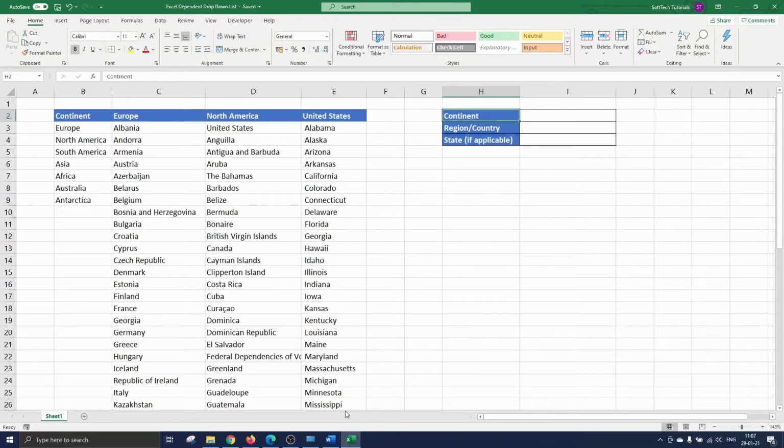On this sheet, you see the 7 continents, all European countries, all regions part of North America, and all states of the US. Next to this, we ask a respondent to indicate his residency. First, he should indicate on which continent, then the country or region he lives in, and finally the state if applicable. The idea is to name the different ranges and refer to the ranges in the data validation menu with